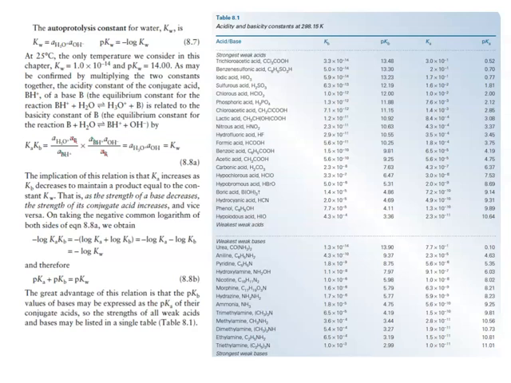So at 25 degrees Celsius, the only temperature which we really consider in this chapter, due to the complexity of not controlling that variable, Kw is 1.0 times 10 to the minus 14, and pKw equals 14. As may be confirmed by multiplying the two constants together, the acidity constant of the conjugate acid, BH plus, of base B, the equilibrium constant for the reaction